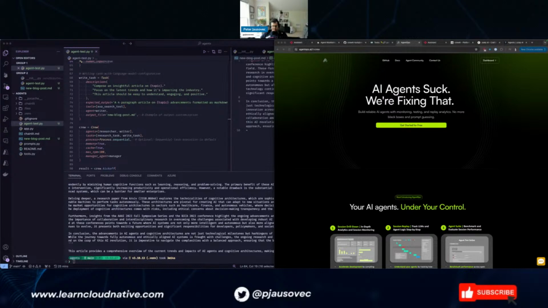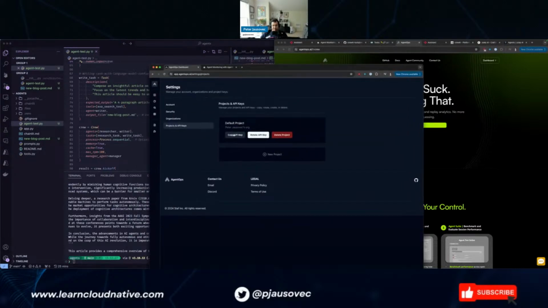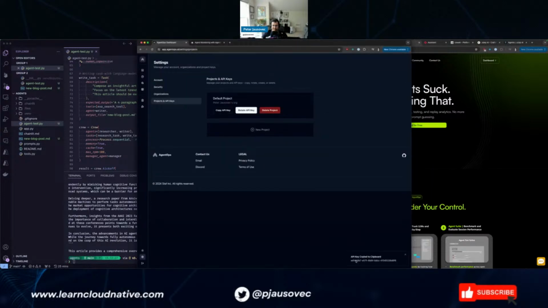There's a copy API key button here, and I was assuming it's because the key is a secret, but then you click on it and let's see. Oh, now it's not showing up. Wait. Oh yeah, look at that. It shows you that this key specifically was copied to the clipboard. Anyway,